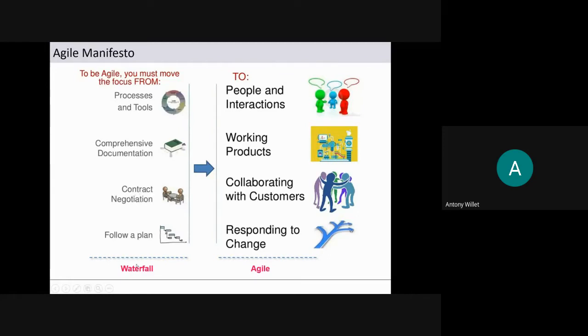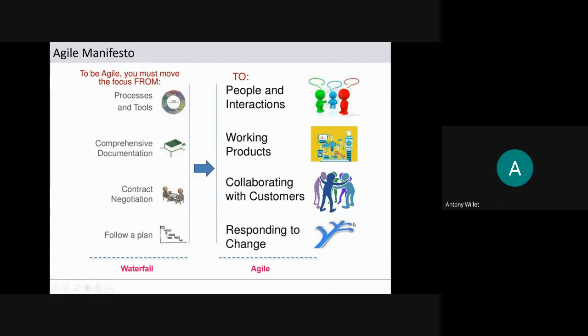Third, the waterfall method gave importance to contract negotiation. As I mentioned, in the first phase of the project, when the contract is signed, that is kind of a Bible or Gita. The development company will not change it till the design phase, development phase and testing phase are completed. They were very rigid in changing the list of requirements that were agreed upon in the contract that was signed. But Agile insists on collaborating with the customer, not only in the first phase of the project,